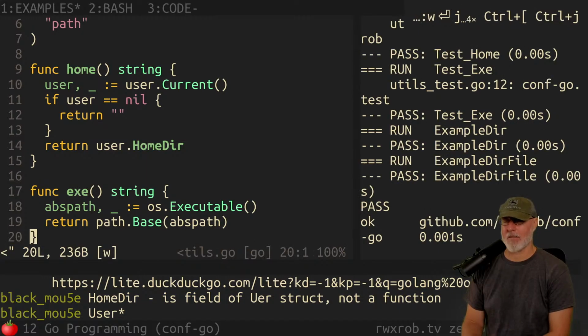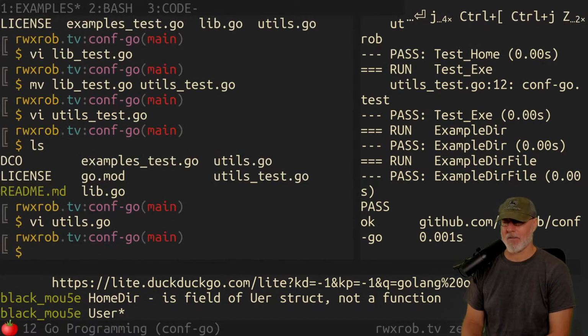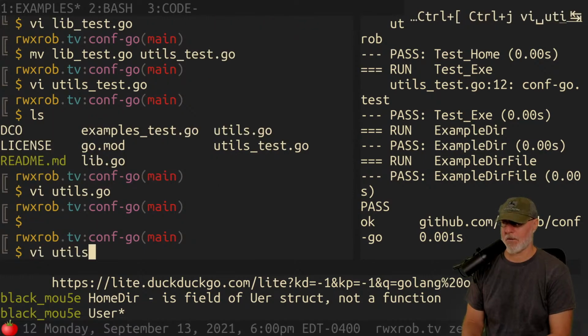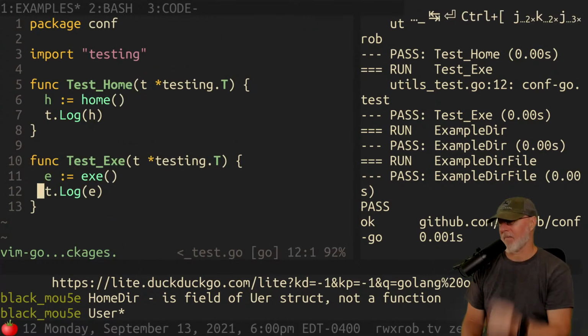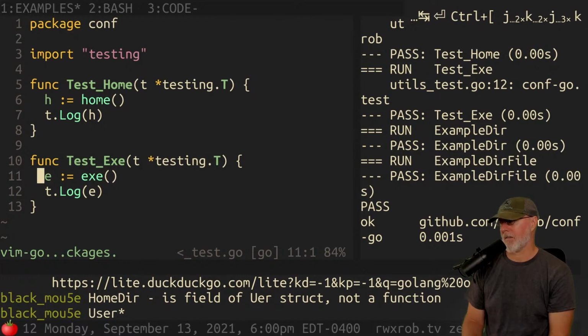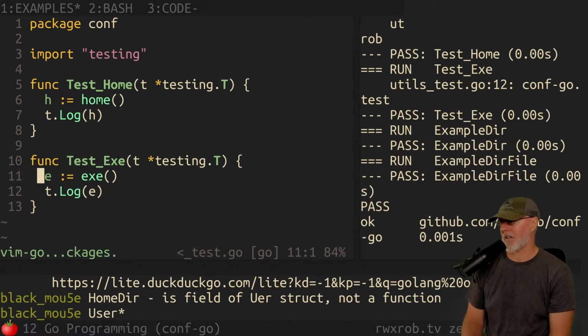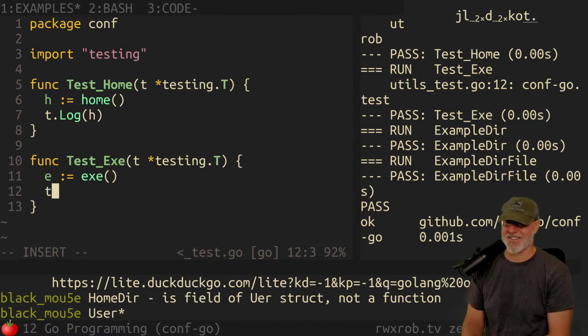So now I have my AXE function, and my AXE function is being tested, I assume. Do we have it in here? No. Ooh, you know what? This one is actually consistent. I can actually write a test.